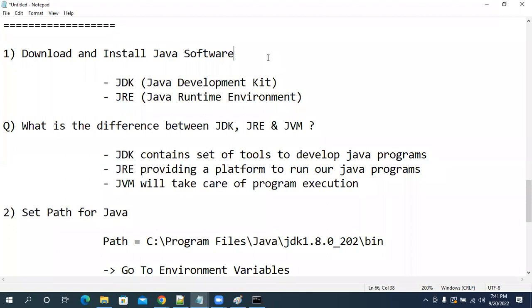No, listen carefully. So tell me, why do we need to set the path for Java? We know the process. But why? What is your mother tongue? Telugu? Why do we need to set the path? Can anyone tell me why we need to set the path?